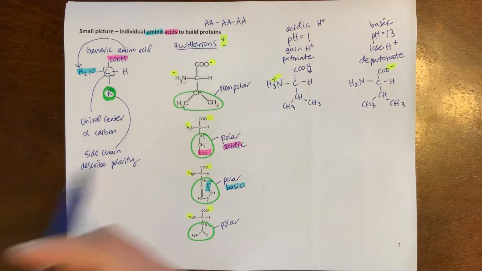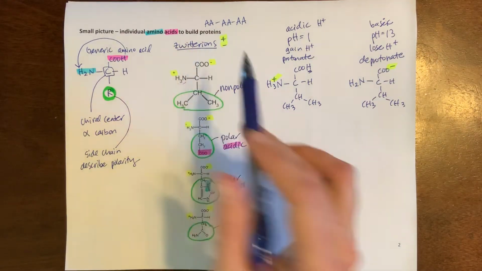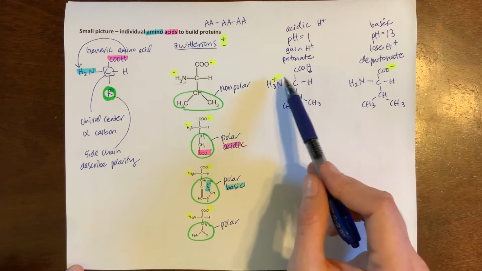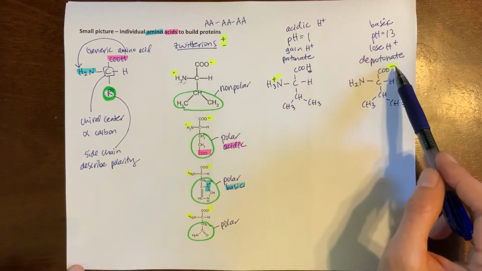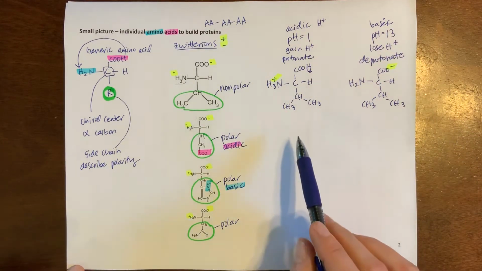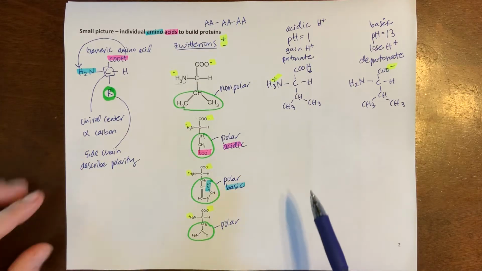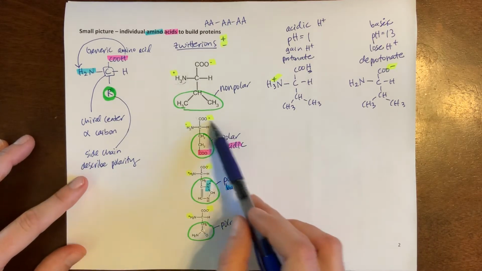So at a pH of 7, I had both the positive and negative, the zwitterion form, but at an acidic pH, now I just have the positive. At a basic pH, I just have the negative. So I'll take a look at one more with you, and then I'll leave the rest for you to do. Looking here at this